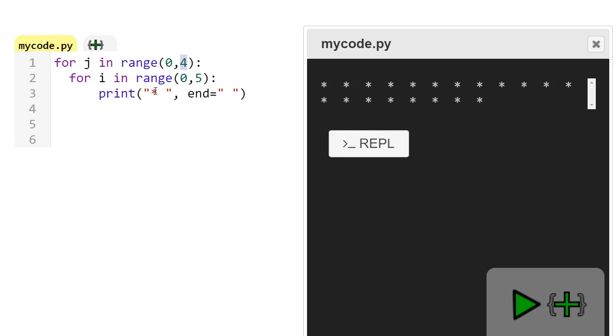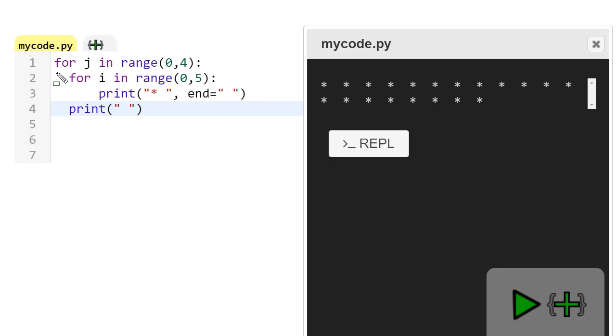But after printing these 5 stars, means after printing one row, we need a newline character. So we will write here simply a print statement printing a blank space. Now you understand what will happen.